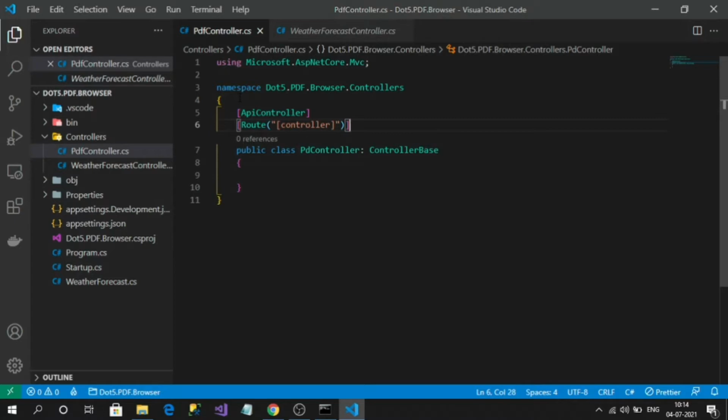First thing is we will create an action method. That action method is going to load the PDF from our physical folder location. So let me create the action method.